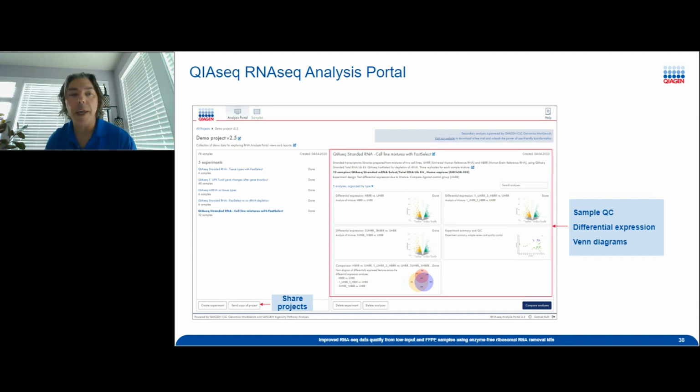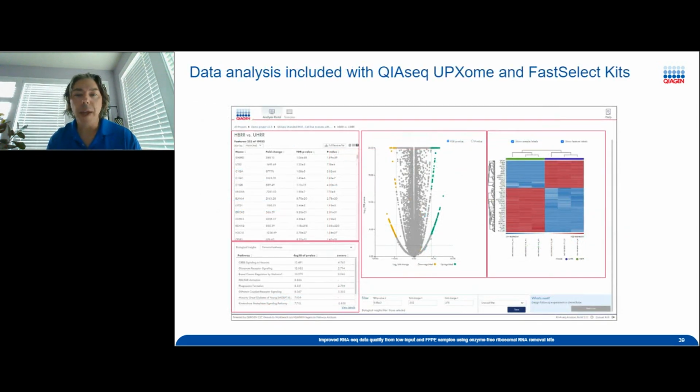They can simply log in and they will have access to your folder to go through and look at the data that you're sharing with them. And they can also go through and change some of the thresholds if they wanted to look at certain gene expression characteristics. This slide shows you the differential gene expression